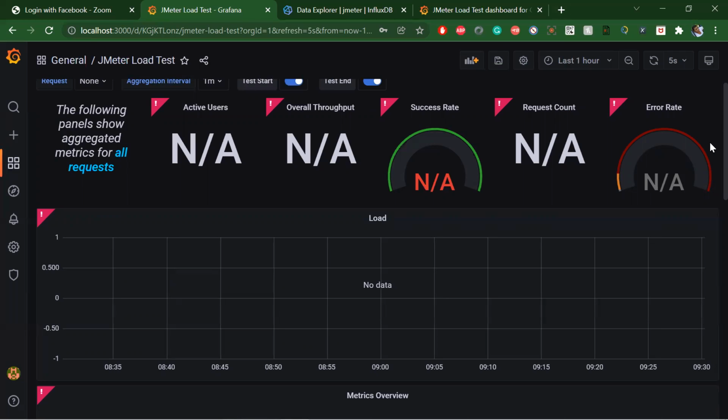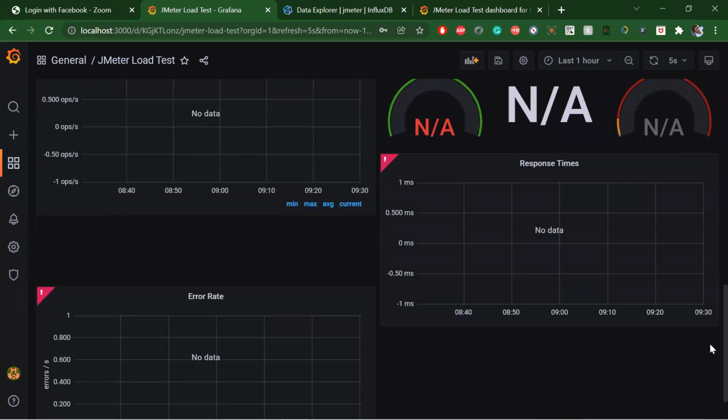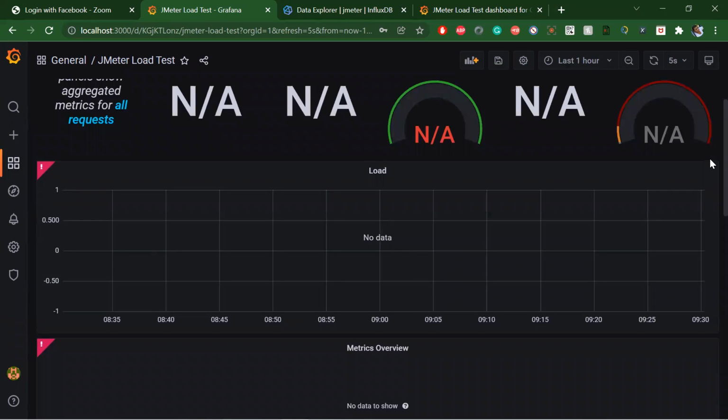Okay, we leave this thing. Not able to do this, but you got the concept, right?